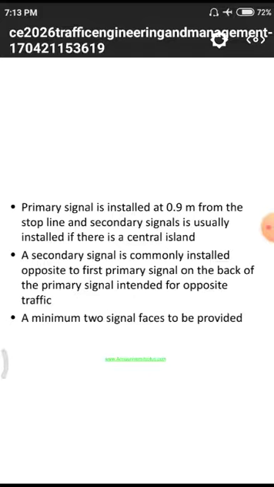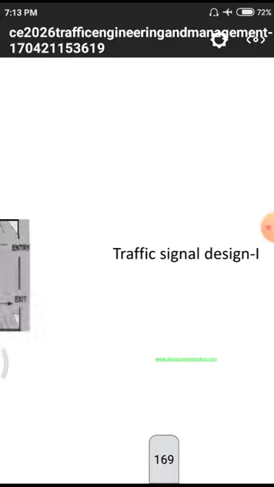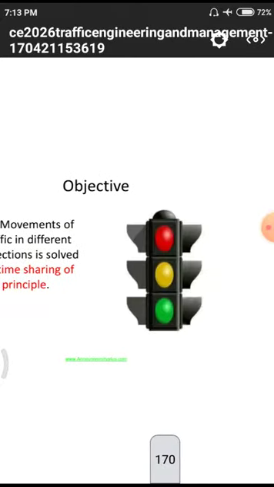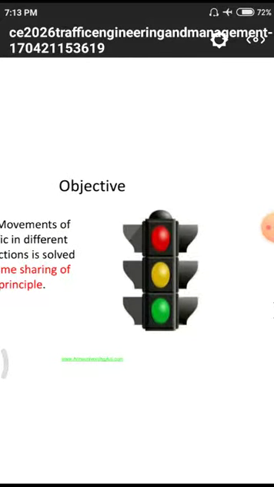I will give a better example with this signal. Okay, it is a main signal. In this particular junction we are observing three roads, like a triangular junction, so we need to use three traffic signals. But in the case of a quaternary junction, we have to go for four.